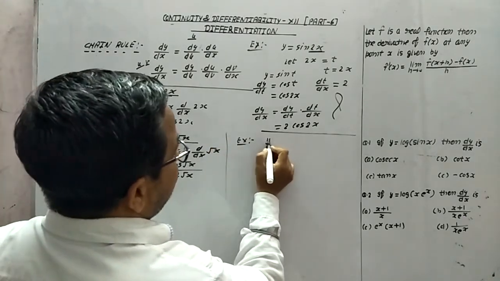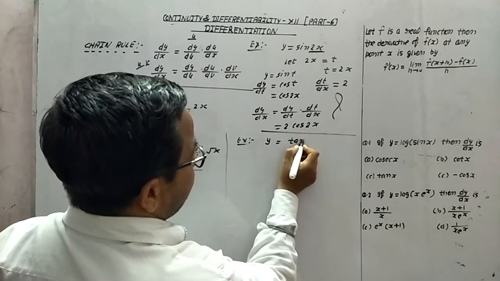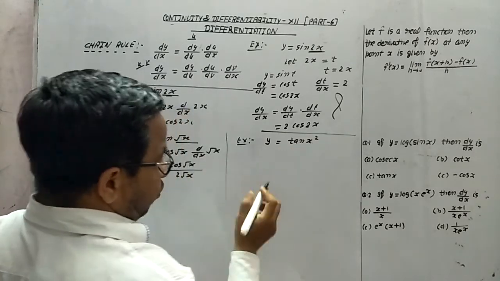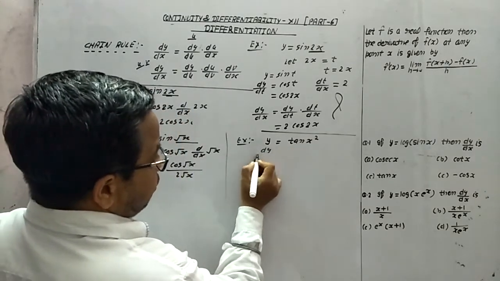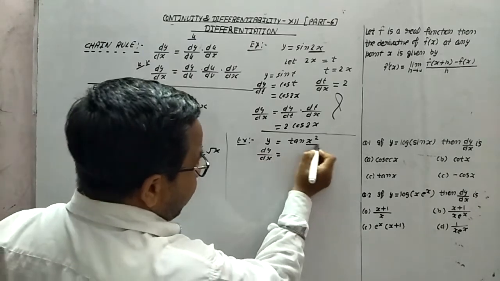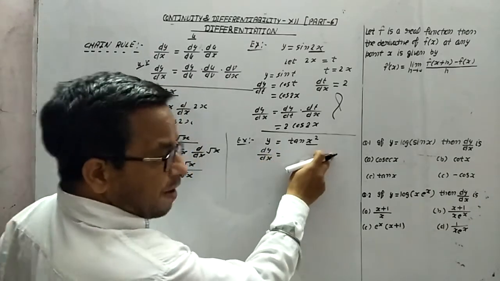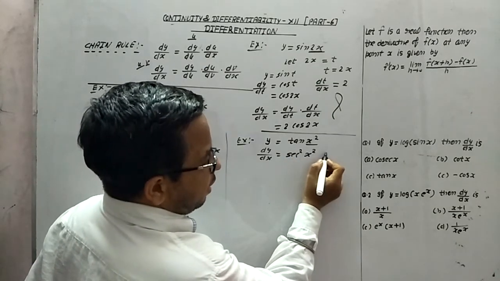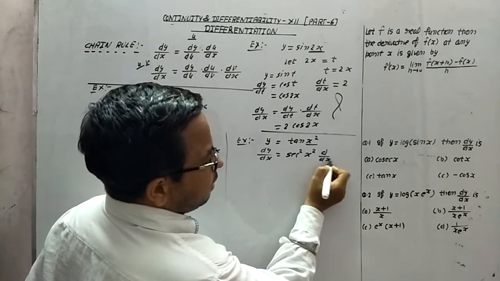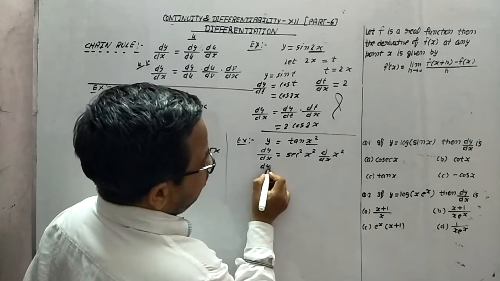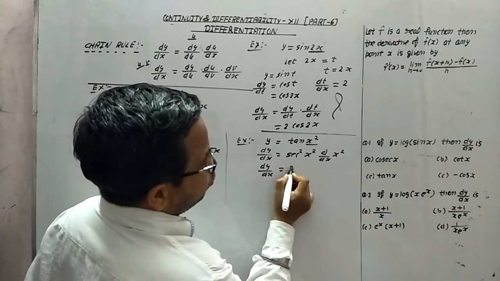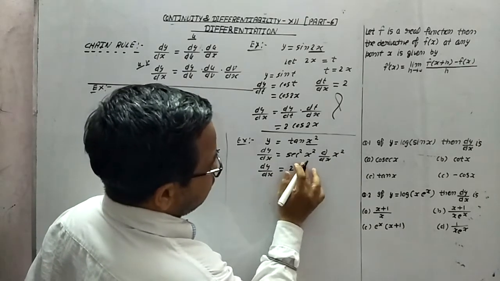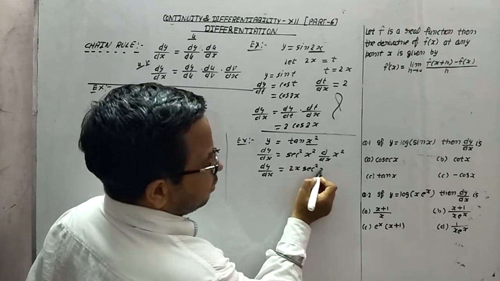Now look at this thing. If I have y is equal to tan x square. Now look at this thing. dy by dx. Which part is creating problem? x square. It means tan t. What is this thing? Sec square t. t is this. It means now the differentiation of x square. It means what does this become? dy by dx is equal to 2x sec square x square.